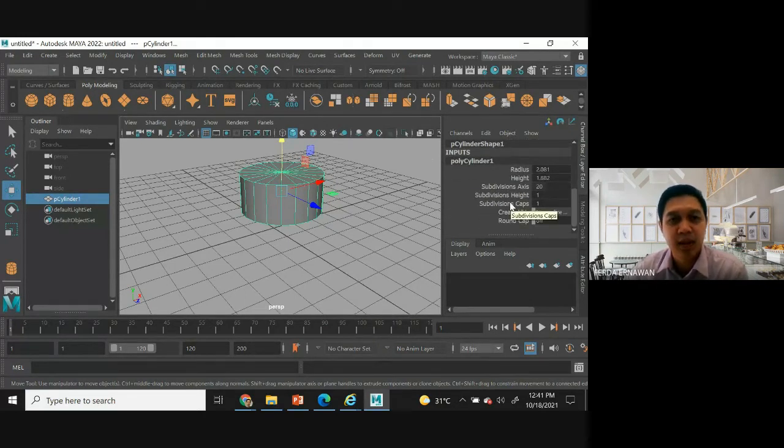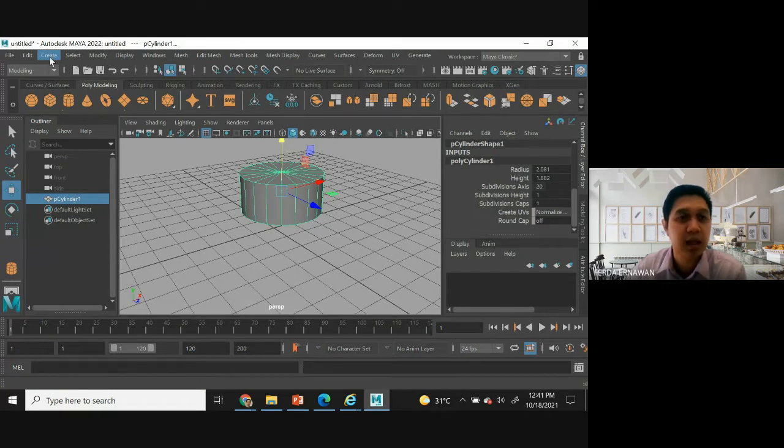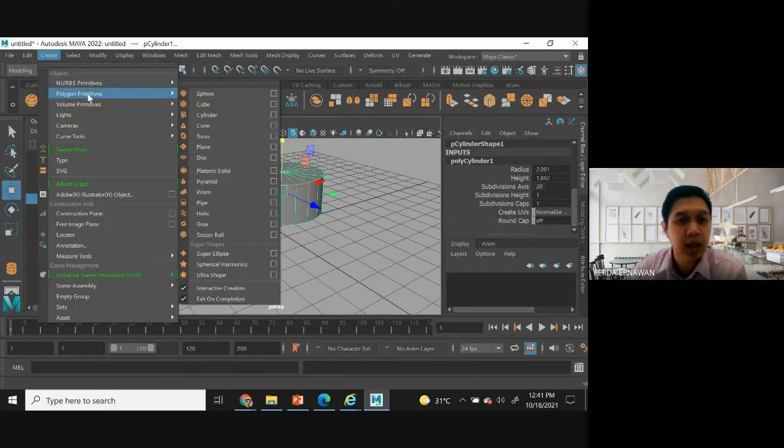So before this, once you select the model, the object, it will appear at the origin coordinate, isn't it? And then you need to set the properties of the object. You have to define the radius, height, maybe subdivision, and so on. But if you use interactive, you can select a grid like this, then choose the polygon primitive and activate the interactive creation.